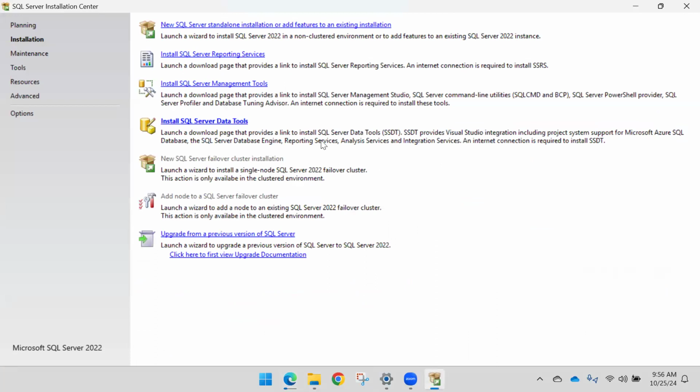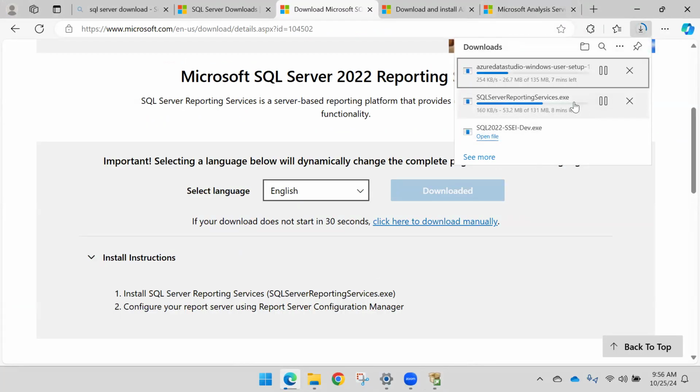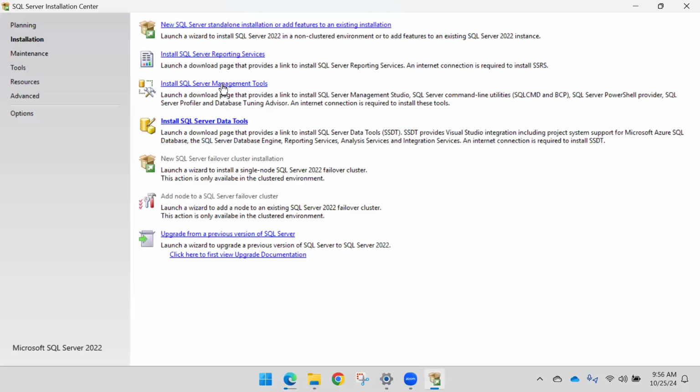So we saw how and from where we can get all these tools that we need. Okay, we are in the process of downloading many of them. Reporting service we are downloading, right? So if you want to continue with